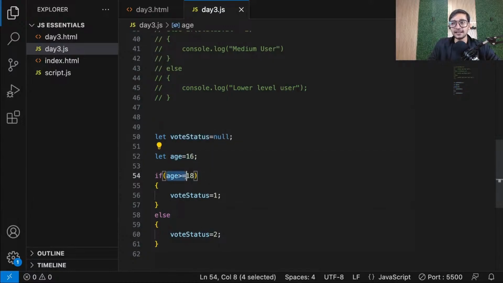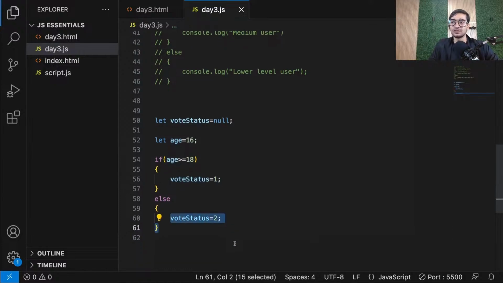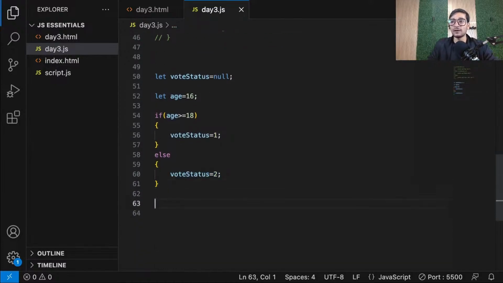So if age is greater than or equal to 18, vote status should become 1. If it is less than 18, vote status should become 2. That's my base idea. And now if I print and check my vote status, in this